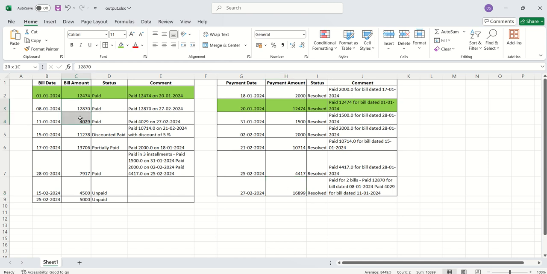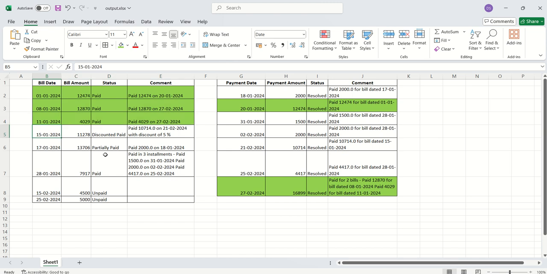If you add 12,870 and 4,029, it comes to 16,899. The comment for this payment says paid for two bills, this amount for the bill dated 8 January and this amount for the bill dated 11 January. So the payment for two bills together has been captured correctly here.